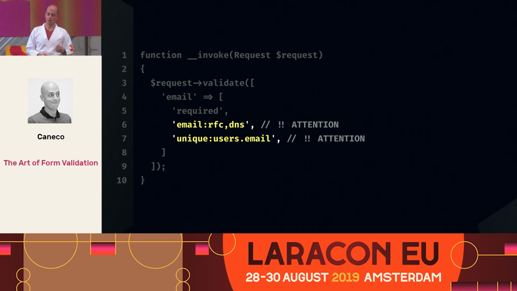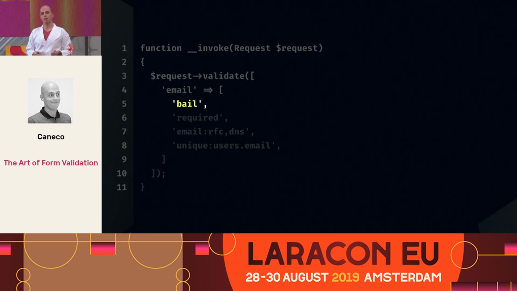So why not? There's one tiny thing from Laravel validation that you might all forget about, that is bail. If the first validation fails, just discard the rest. Because imagine going through all those validations, you might end up overloading your server.